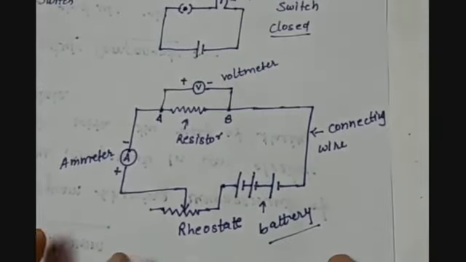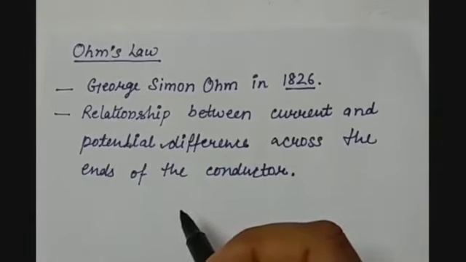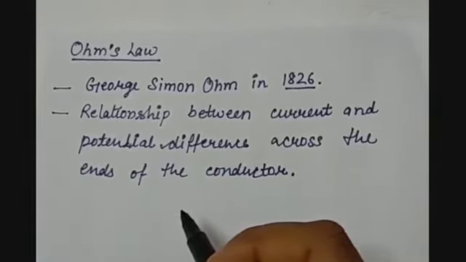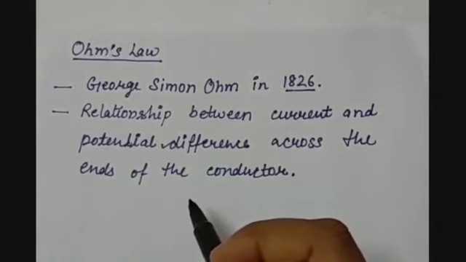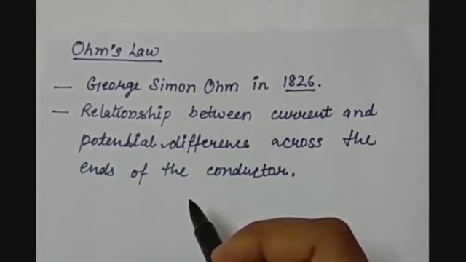So this is how you draw an electric circuit. Now let us move to our next topic, that is Ohm's law. As we know, when we give electric energy, that is voltage or potential difference, to an electric circuit, then current flows through the circuit. So there must be some relation between the current flowing in the circuit and the voltage applied or the potential